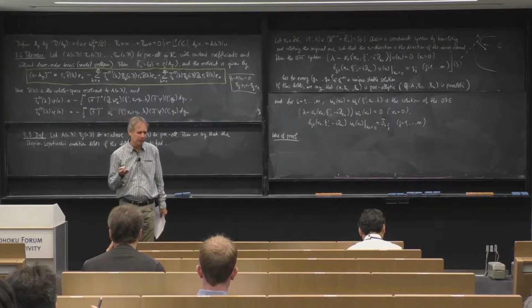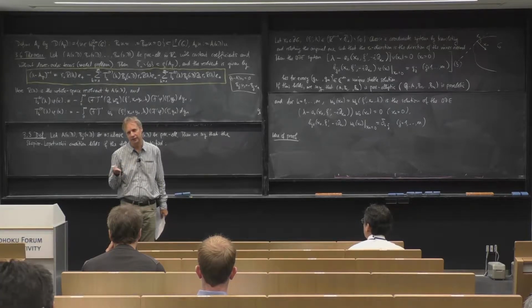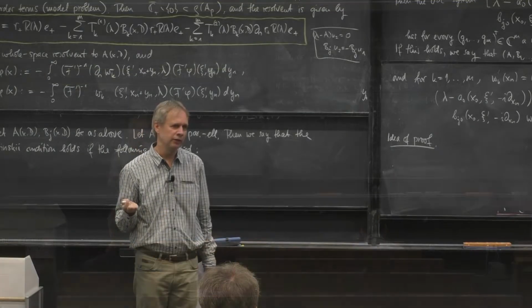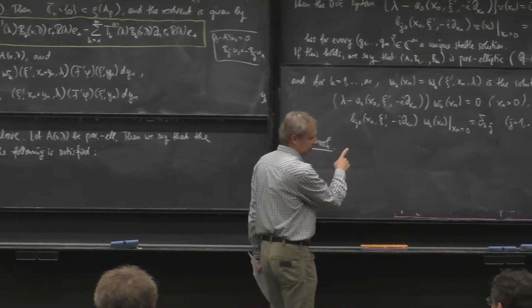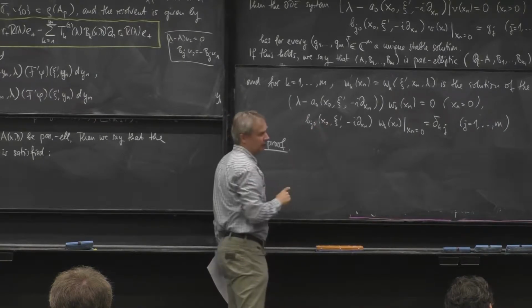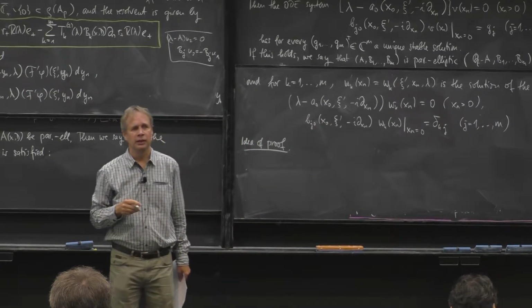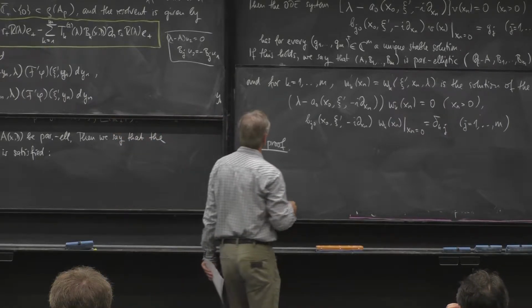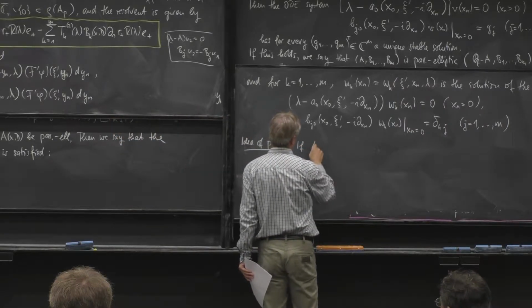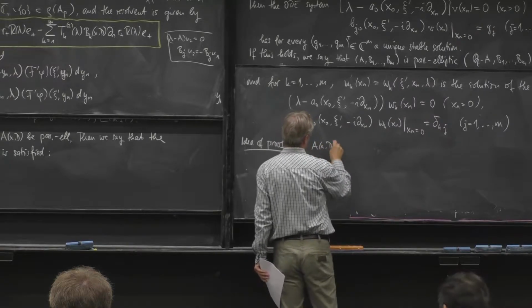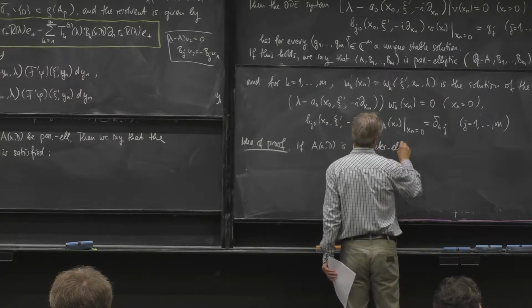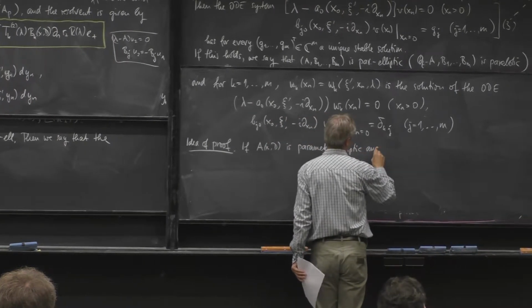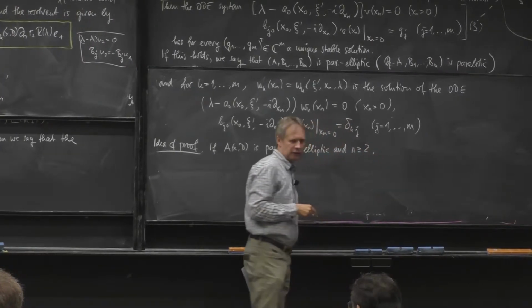So if you have an operator of order 6, probably you never have such an operator, but whenever you meet an operator of order 6, you know you need 3 boundary conditions. And why? Because if A is parabolic, if A is parameter elliptic, and n greater or equal to 2, one can show that